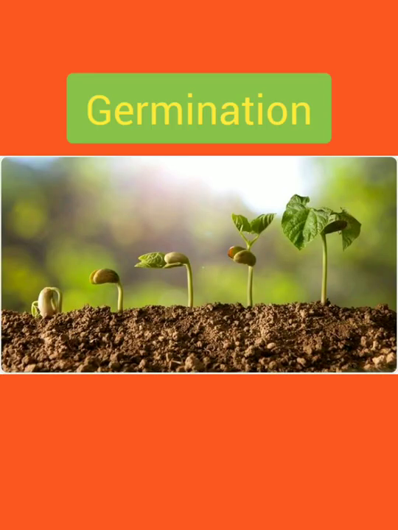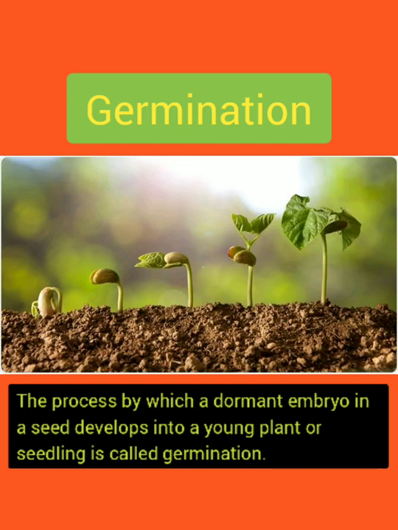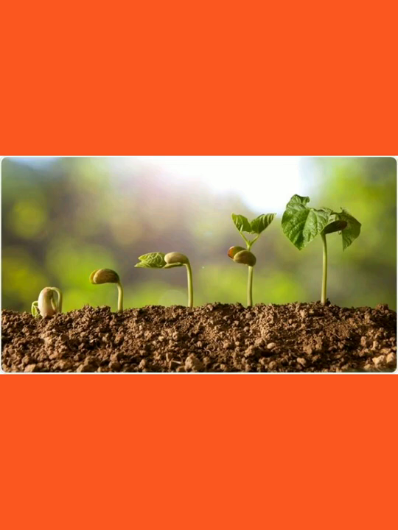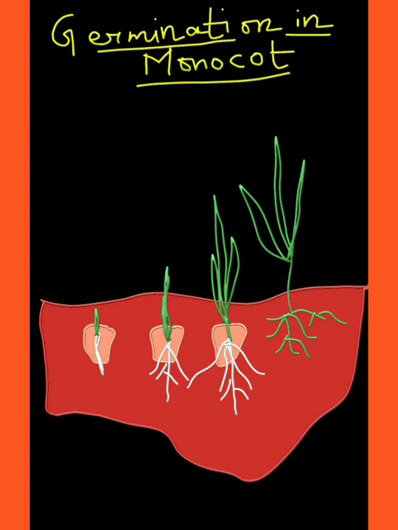Next is germination. The process by which a dormant embryo in a seed develops into a young plant or seedling is called germination. Now let's read germination in a monocot. At first, this monocot seed absorbs water from the moist soil, and after some time the seed coat gets ruptured due to the growth of